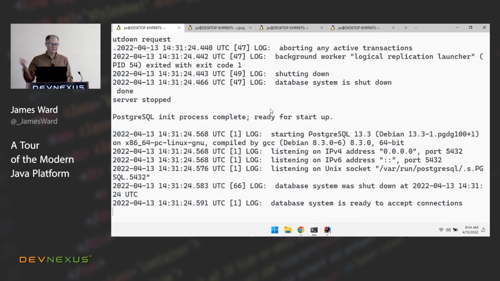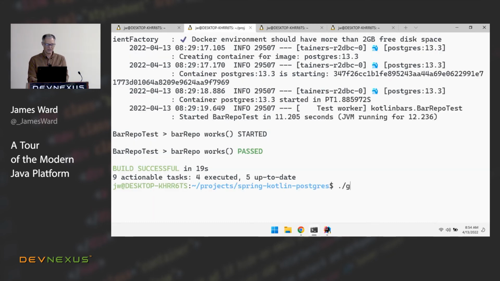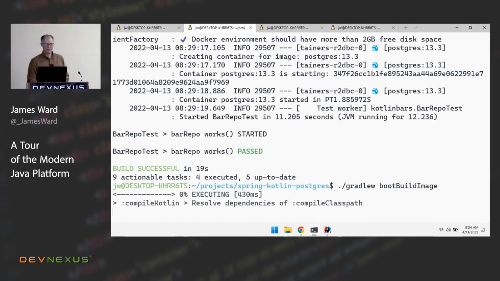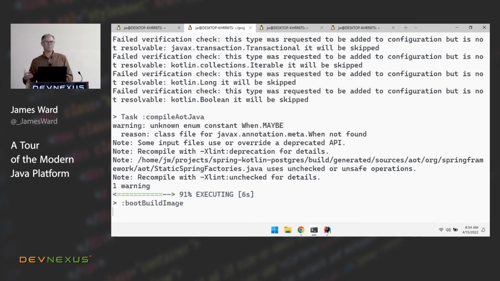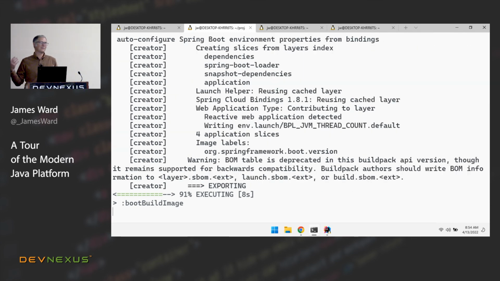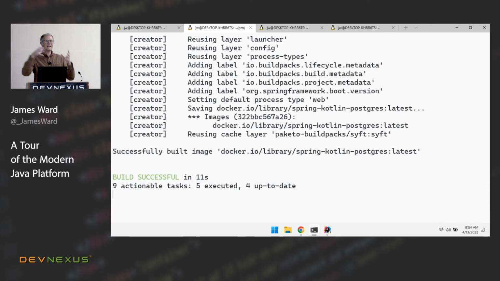I'm going to show you the one that's built into Spring Boot, which is called buildpacks. Let's just actually run it here. I'm going to run gradlew bootBuildImage. When I run bootBuildImage, what's happening is Spring Boot uses something called buildpacks. Buildpacks are a Cloud Native Computing Foundation standard for taking different types of applications and turning them